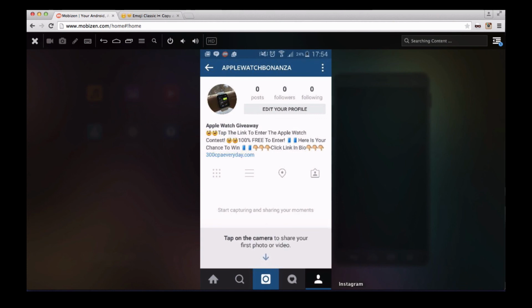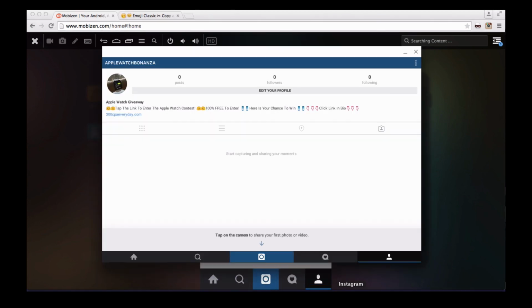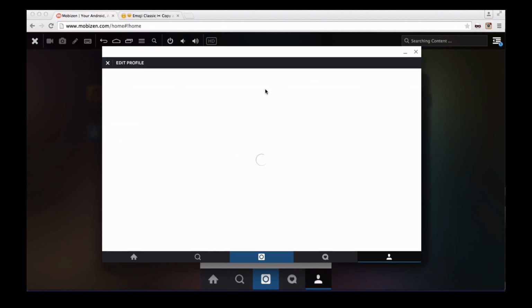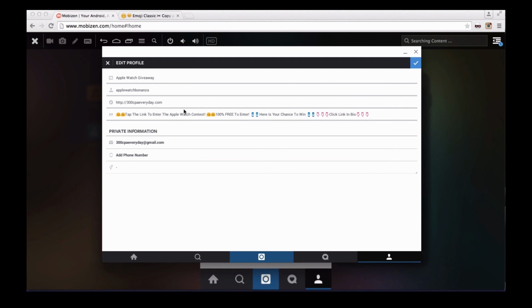Now, I'm just going to go back over to the Arc Welder Instagram app, and there we go. Our profile has been changed. As you can see, it looks very similar, but this is an iPad, Android, or whatever tablet kind of version here. Edit the profile, and everything that we just did on the last page is there. So what I'm going to do now, the next thing we need to do is find our affiliate link of the offer we're going to promote and switch it up and put it in there, and then start putting some photos on our